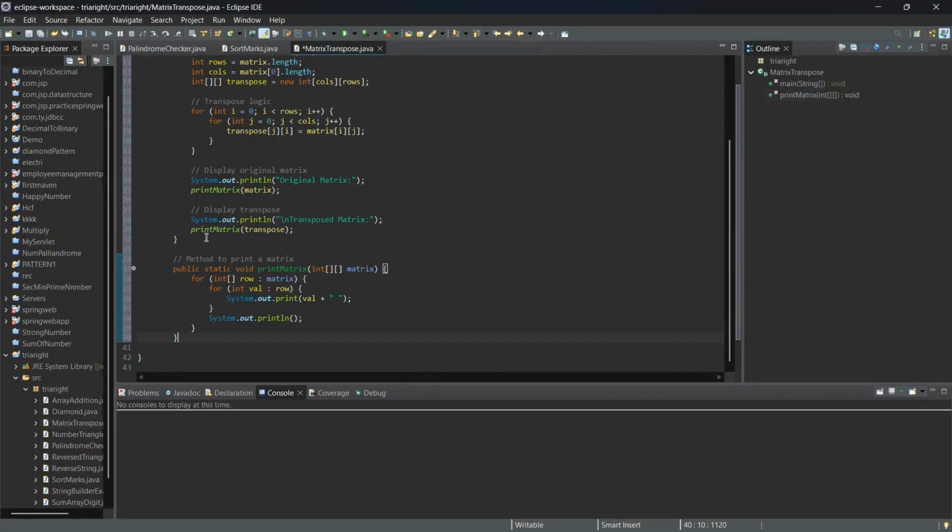After that we will be printing the matrix, and this will be the transpose matrix. Method to print the matrix. If the rows lie in the matrix, and for the columns, for the values of the rows,